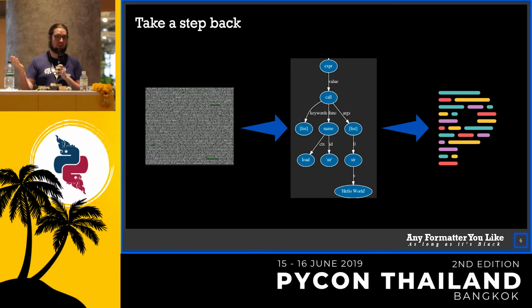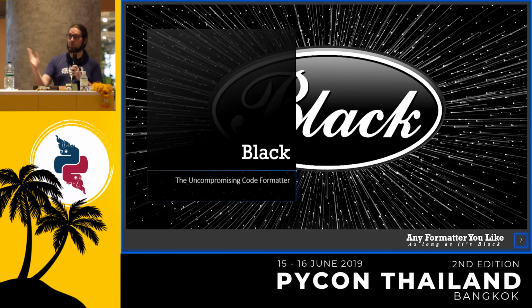Prettier does this, Go format does this, Rust format does this, even YAP does this, which is another Python formatter. So the cool thing about this is, if you do this, there's no more need for linters checking code style, because by definition, your rules are going to enforce code style. So this is where Black comes in. Black does the same exact thing.